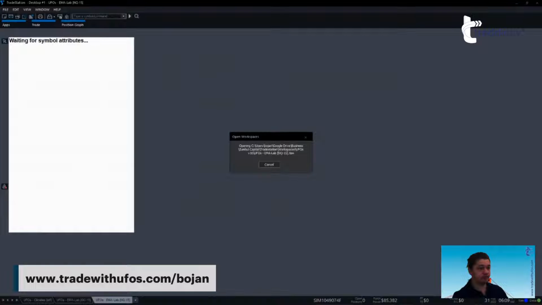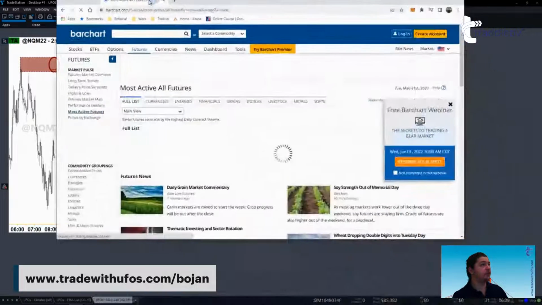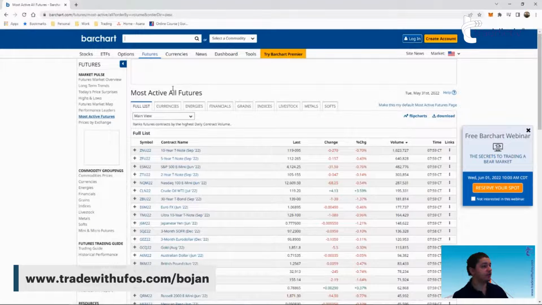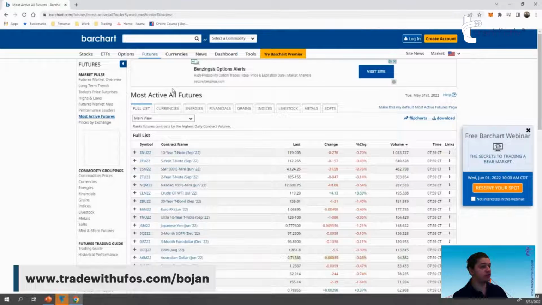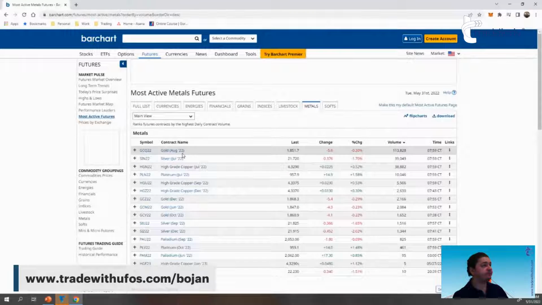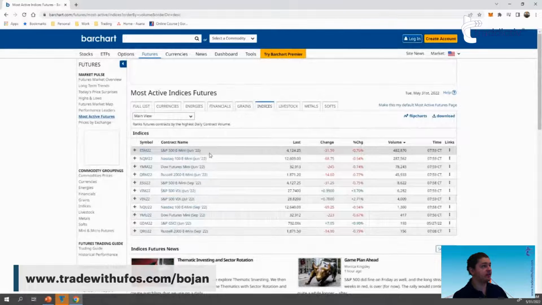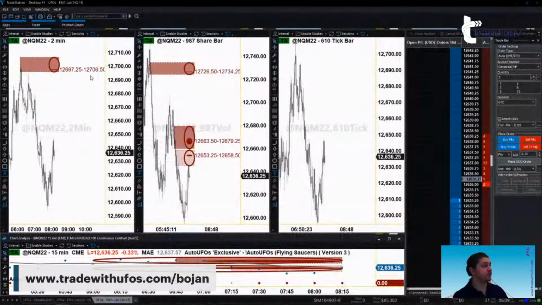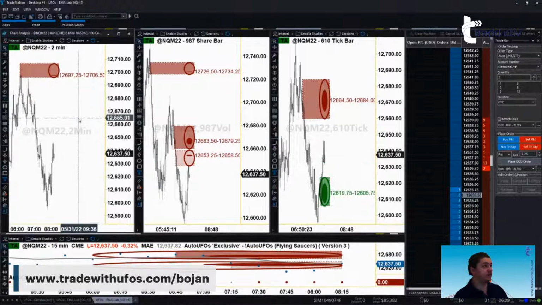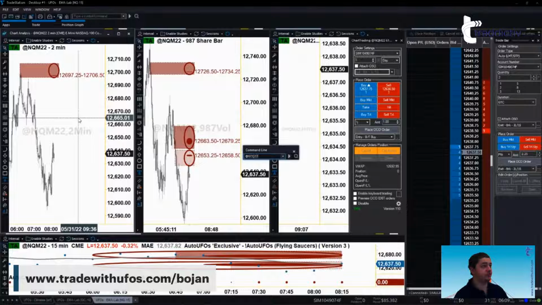So this is what I typically look at anytime I need to see the contracts where the most volume is. That's the front month contract, the one that we're trading. Right now we have metals for gold open. We see this on GCQ 22. And then, of course, the indices are on the June still. So we just have to change GCQ. Let's pop that there at GCQ 22.